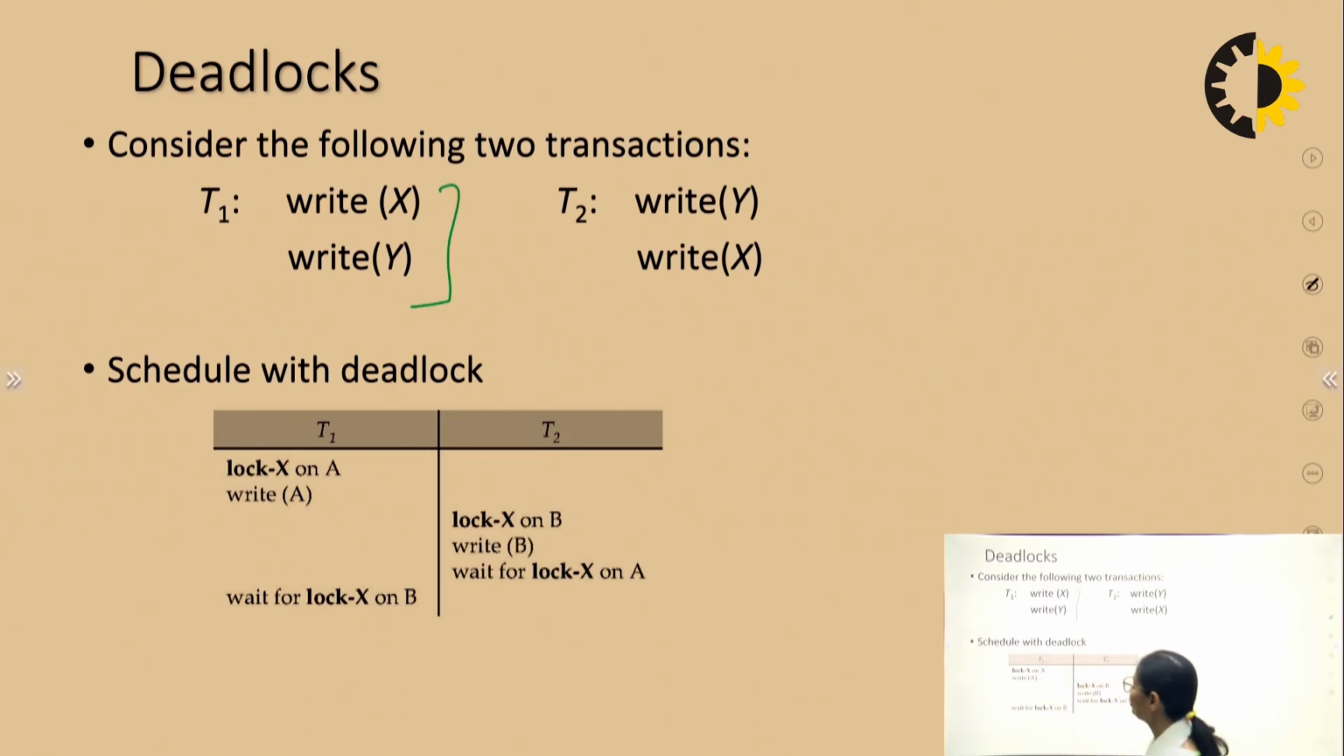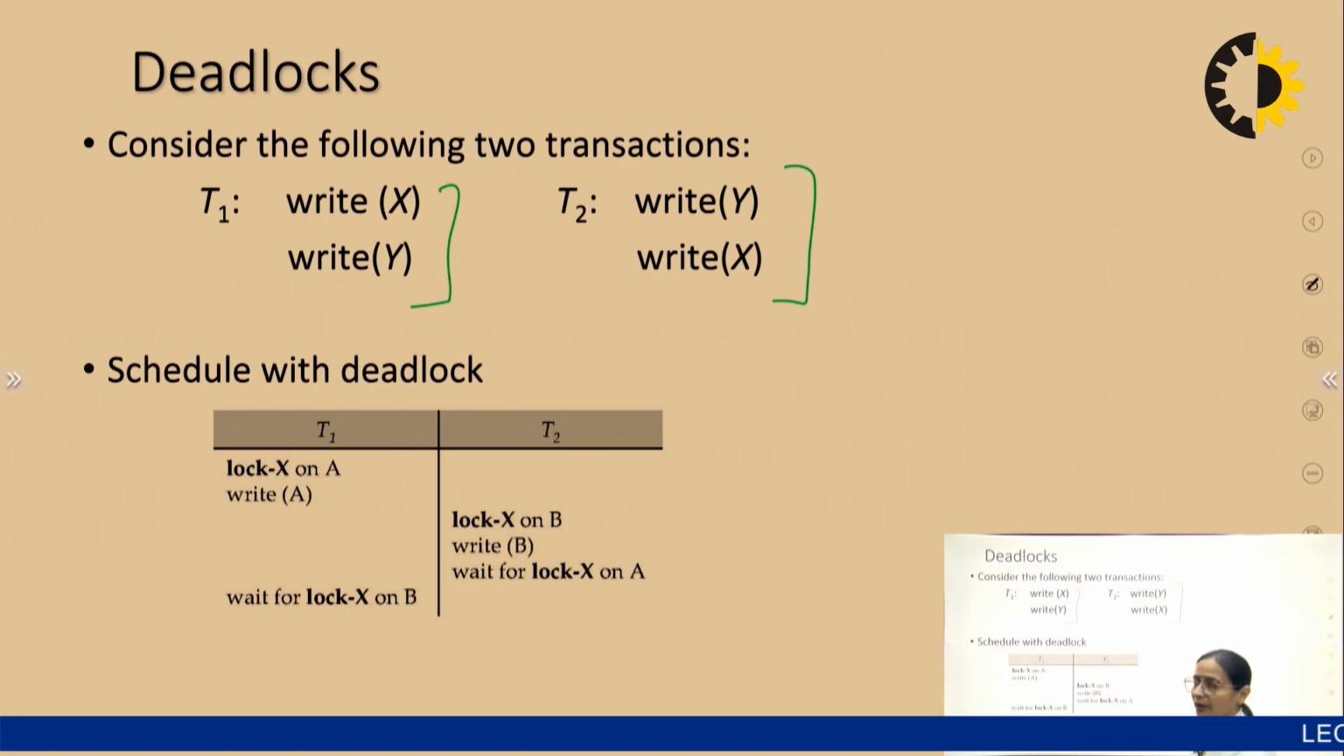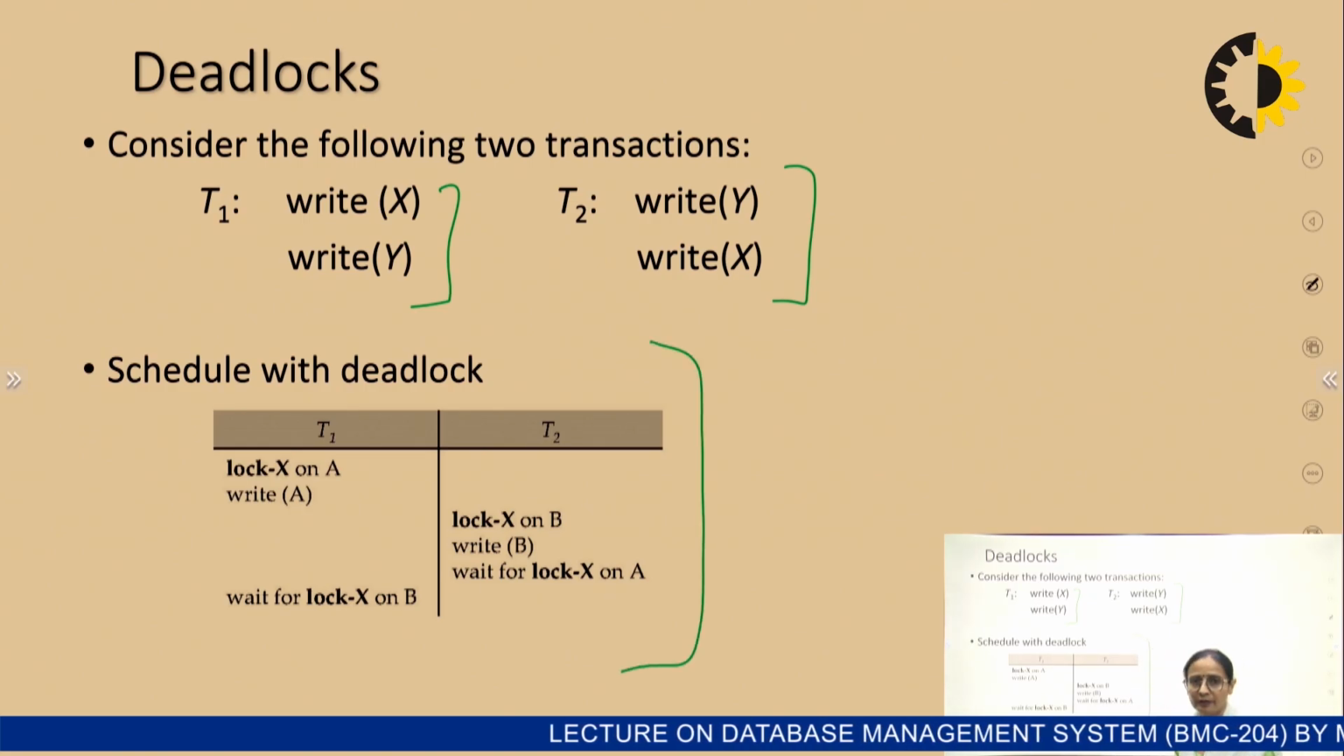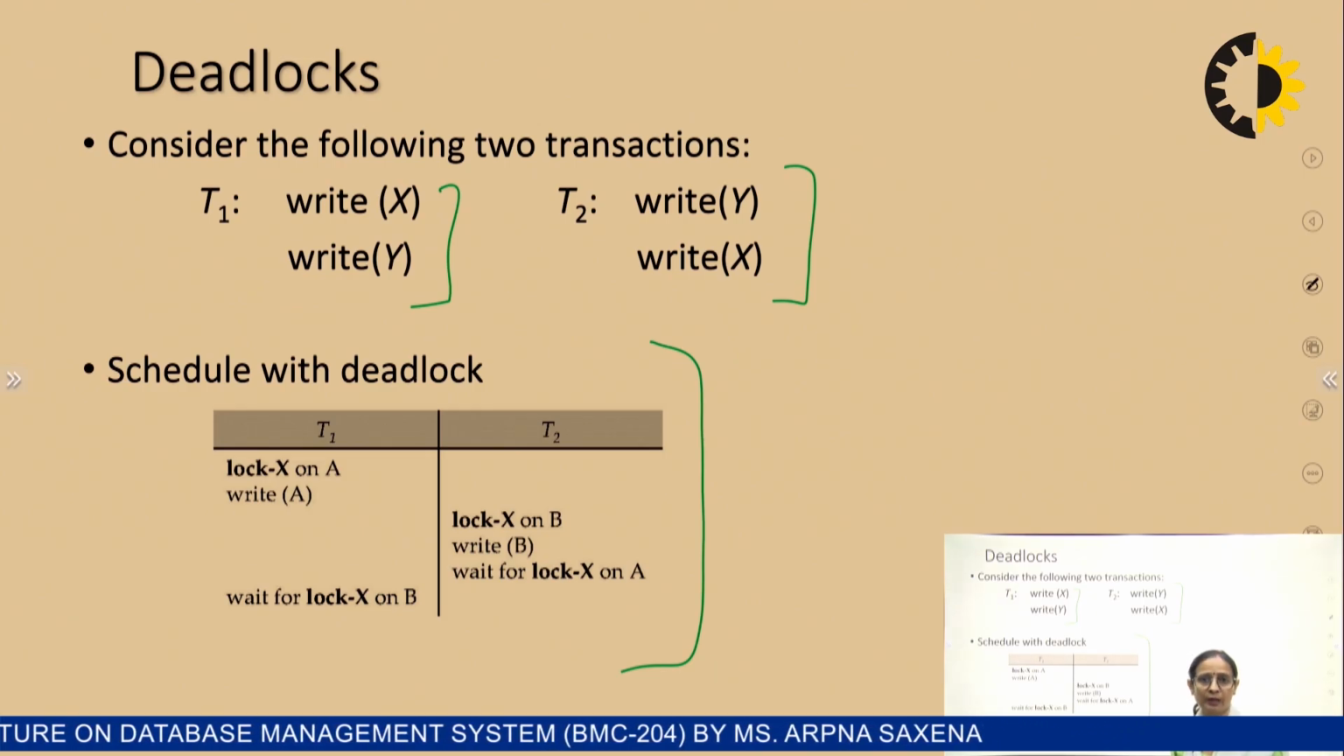T1 has two instructions: write X as well as write Y. Similarly, T2 also has the instructions write Y and write X, and this is very similar to the previous example. But here we have generated a schedule. When I generate a schedule, certain schedules are in such a state that no deadlock will happen. But if I look at this schedule, it will lead to a deadlock state